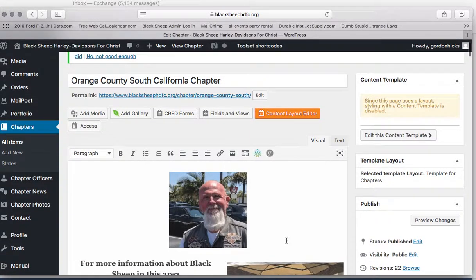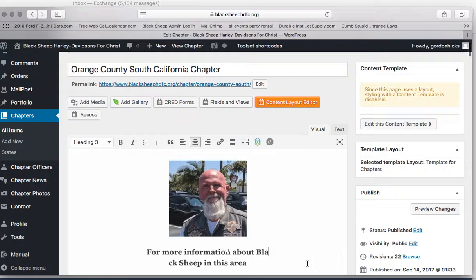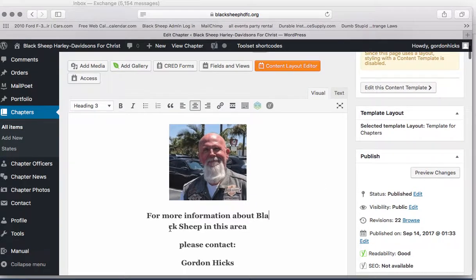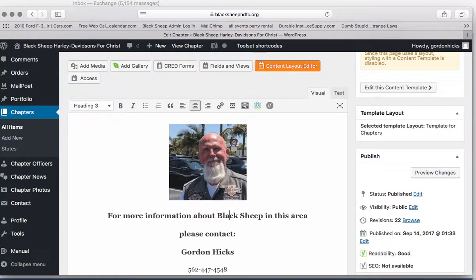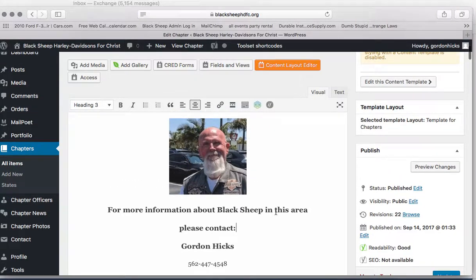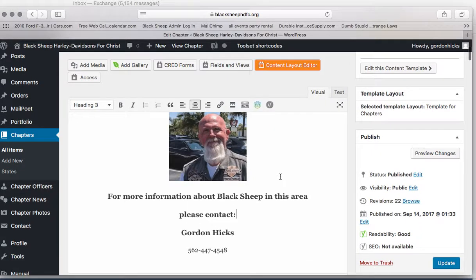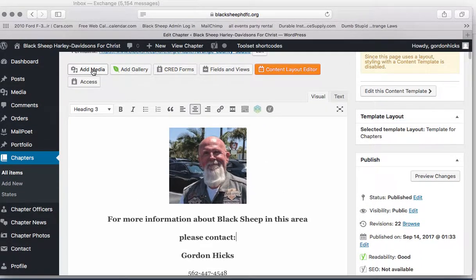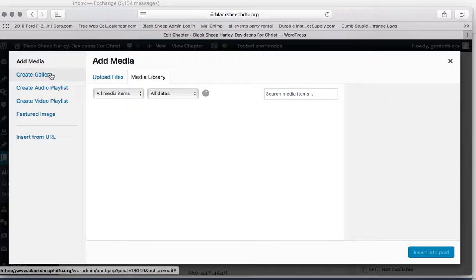So we're going to start out with that first box up there, and that's where you just put any introduction you want about your chapter. This is just very short, and for information about black sheep in this area, contact Gordy and his phone number. You can add a picture to this by going up to the add media,